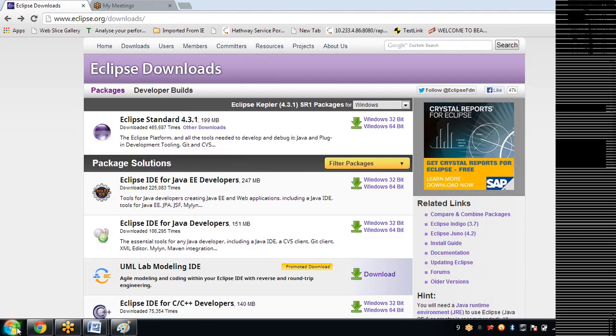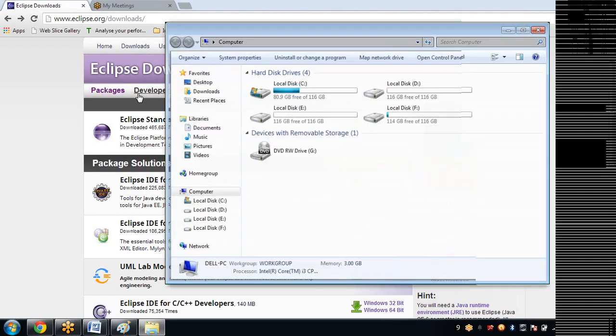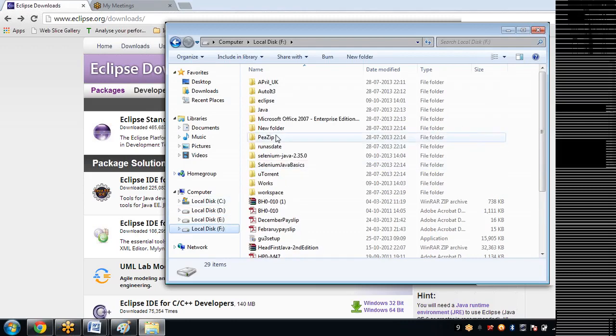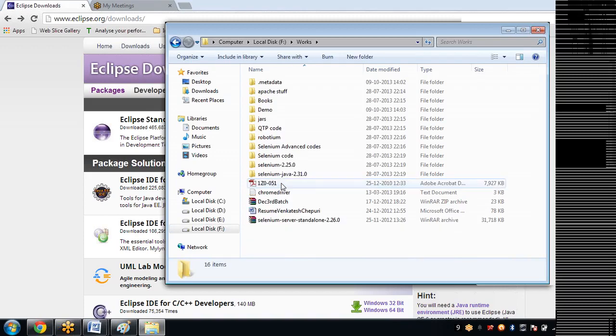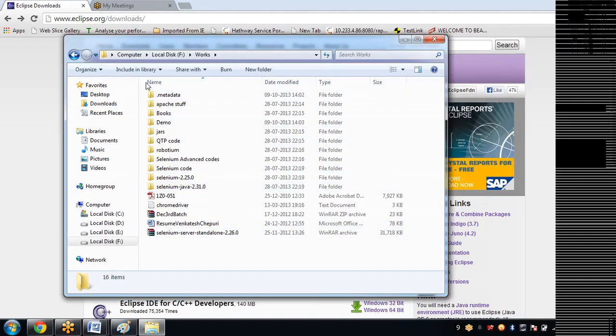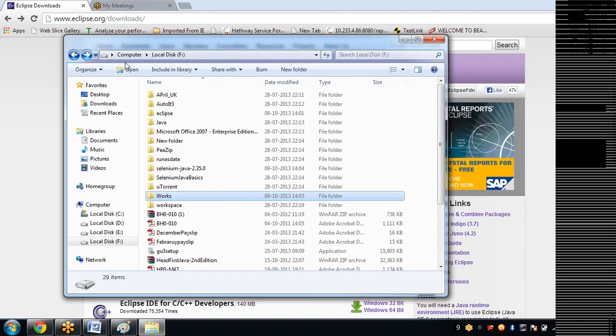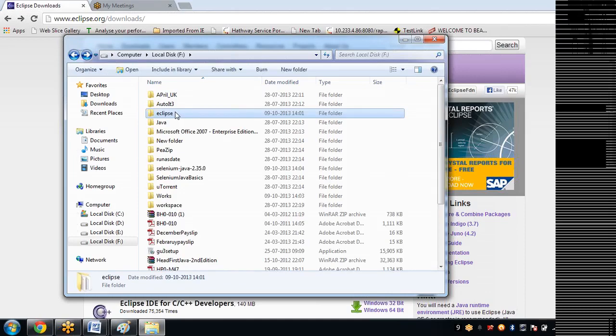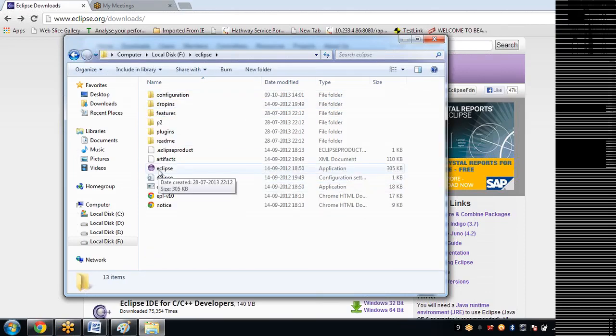Once you extract it into a folder, you will have this .exe file. Double click that, and Eclipse will open.